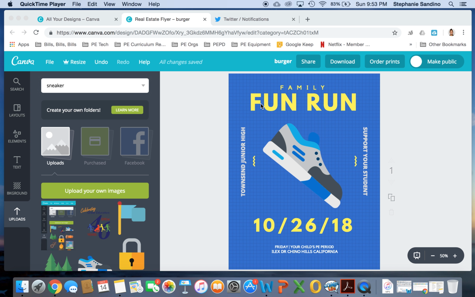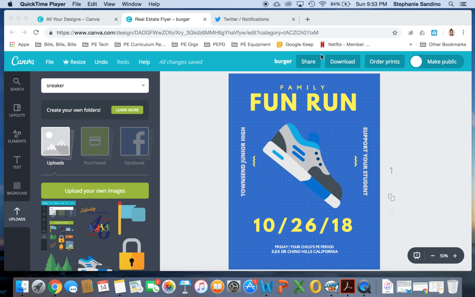Oftentimes, I try and ask someone to proof my flyer or my graphic just to see if they understand the gist of it, or maybe they have some type of lens or eye that I may not have had. So I always like to get feedback, and I think it'd be pretty productive if we got feedback from each other. But first and foremost, in order to get feedback, we need to download our image and upload it onto